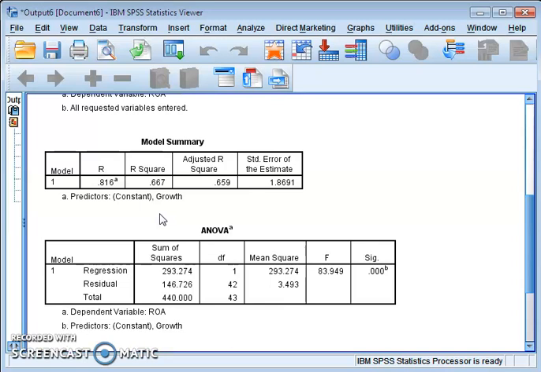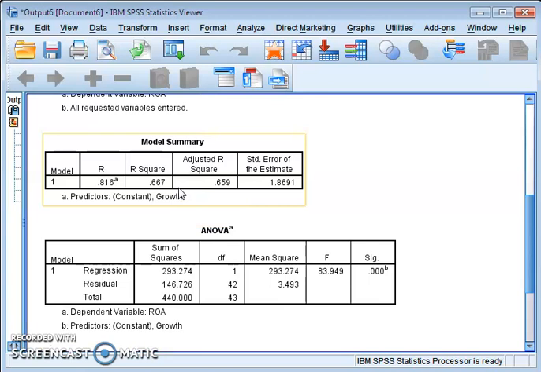In this case, the value of R square is 0.667, which says that this model can explain up to 66.7% variance. I have just converted the decimal into a percentage: 0.667 times 100 gives 66.7%.